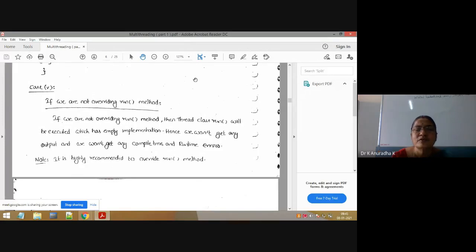Or if you write a single-threaded program, is it good performance-wise? Always, performance-wise, multi-threaded programs are very, very important. Why? Because here all the threads are executing in parallel, not one after the other. In a single-threaded program, if you write the same program for the sum of two numbers, addition of two, multiplication of